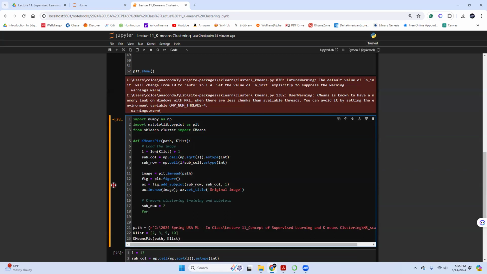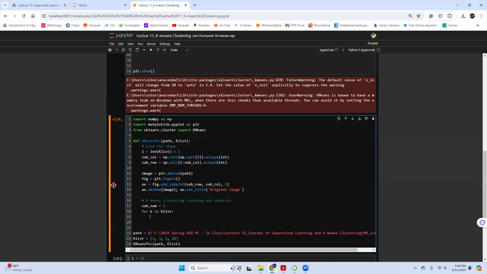And then for k in k list, what shall we do? We first need to train the model, right? So we'll have model equal to k-means, and then here I have n cluster equal to k. Okay, now I can just fit, model dot fit image.